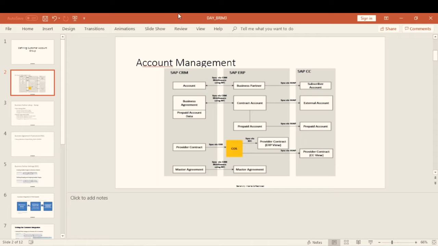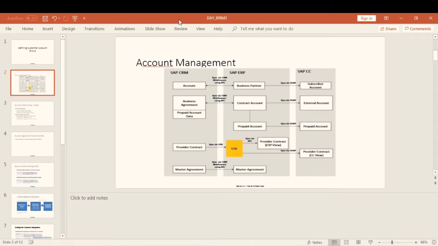And we will allocate the parameters, and we will create the payment methods: how the payments have to be accepted and how the payments have to be made. There will be incoming and outgoing payments, and for incoming and outgoing we will define debit card payments, credit card payments, and online payments.